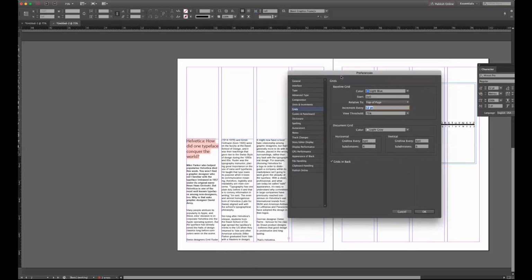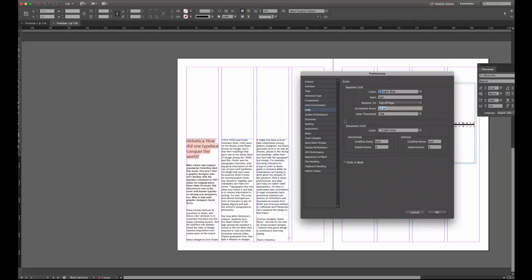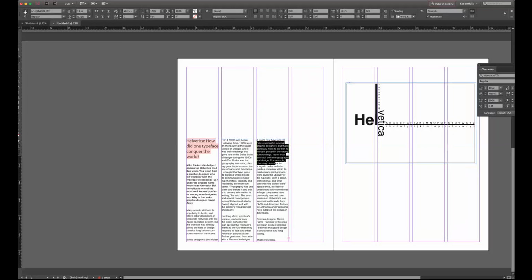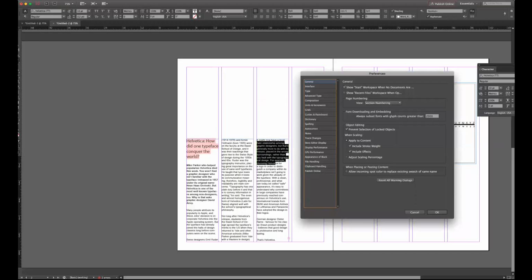This point size is determined based on the font size and on the leading of your font. So if you look closely, I'll cancel this real quick. You can determine what it is simply by going to your character formatting controls, and you can see here clearly that it says 12-point leading. So this is perfect. It's a 10-point font. I'm in Helvetica.